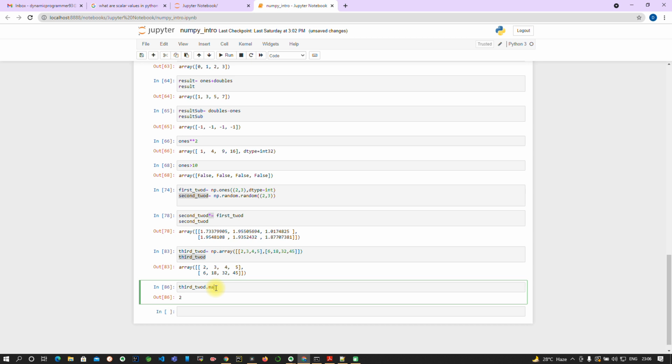I can use max, as 45 is the maximum element. You can use cumulative sum also. Perfect. So here you are getting the cumulative sum also: 2, 2 plus 3 is 5, 5 plus 4 is 9, and 9 plus 5 is 14. Then 14 plus 6 is 20, 20 plus 18 is 38, and then it continues like this. Okay, this is cumulative sum.